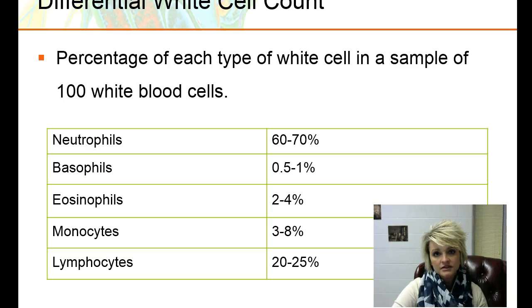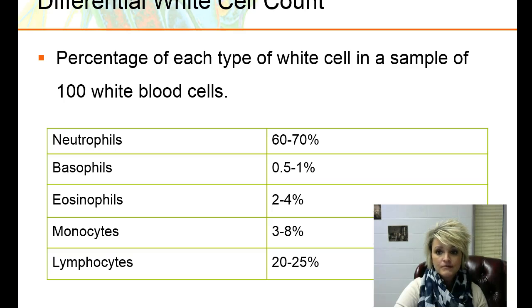We have caught this early on, because if neutrophils are the only thing that is going to be out of range, those are the first cells that are sent out when we get these types of infections. So if it had been a more chronic type of illness, we would see other things elevated than just the